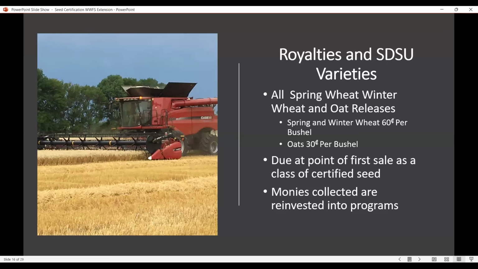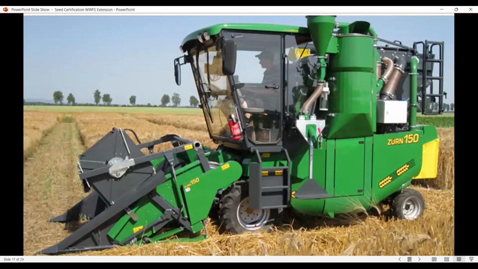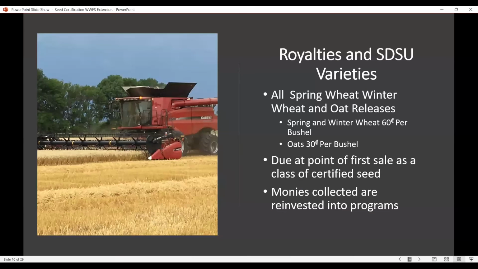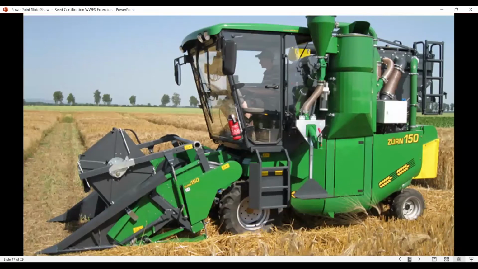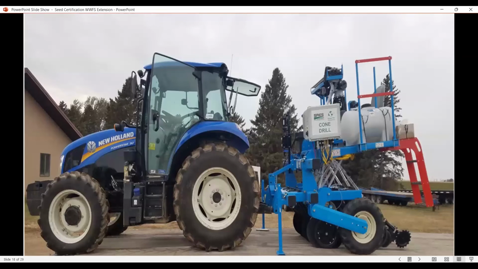You may not realize it, but when we purchase a little combine like this, it costs just as much as a big one, like in this case that you see in this picture. Over the years, we've helped update the winter wheat and spring wheat breeding programs and the oat programs with new combines. We've also helped with other equipment like tractors and planters that the programs have definite needs for to establish their plots and trials that they go through.